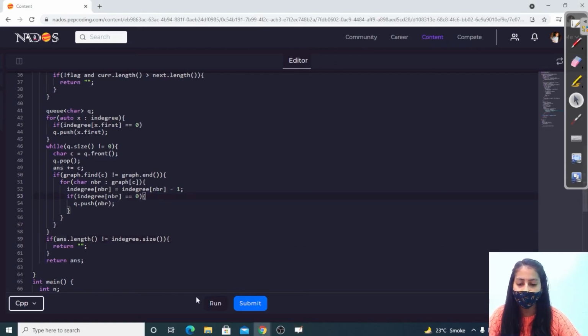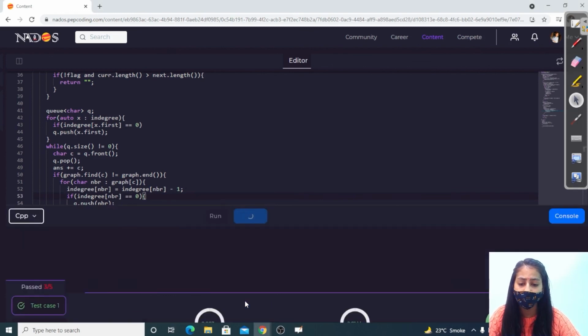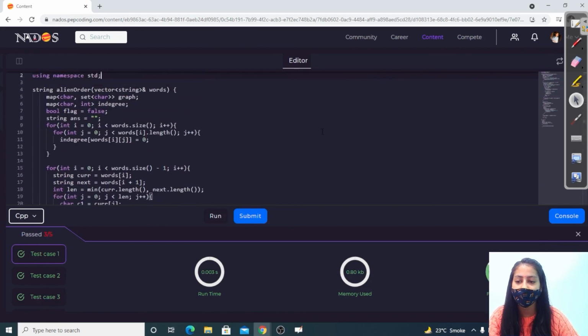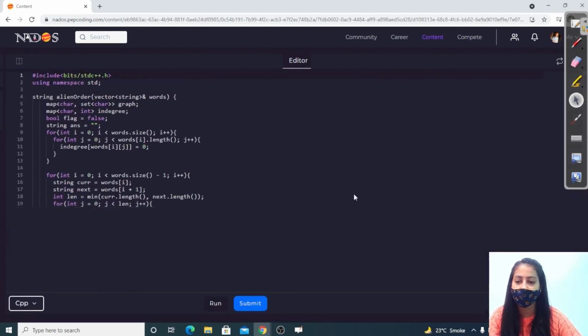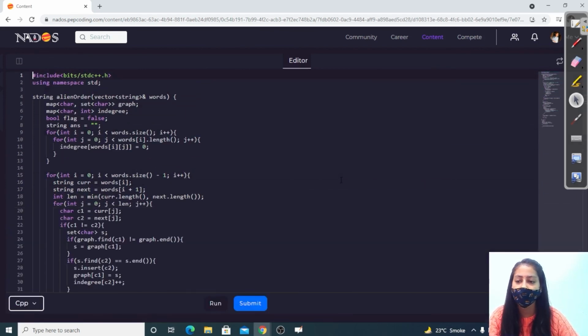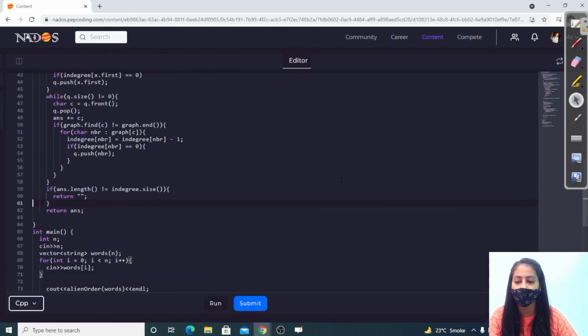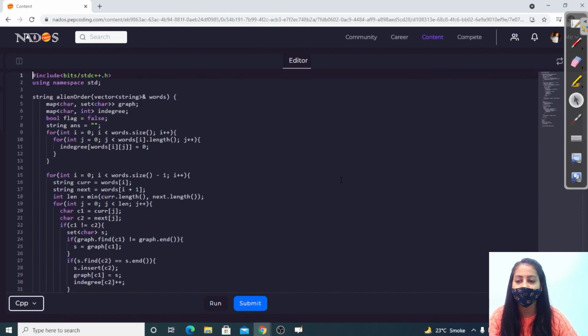If you try to submit it, then maybe some of the test cases fail, because on this portal it is not efficient enough to handle all the test cases using C++, right? Otherwise the code is properly correct. So we will update the test cases of this question. You can try this question on any other compiler also. The code is perfectly correct, right?